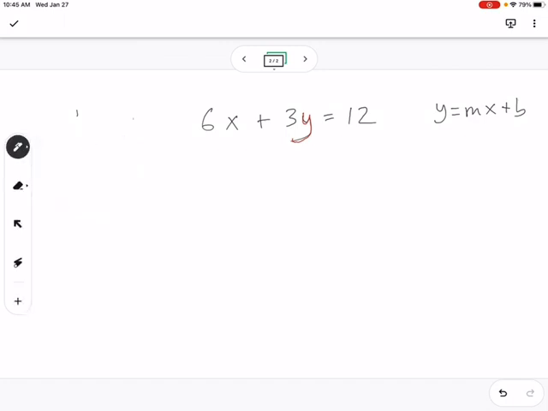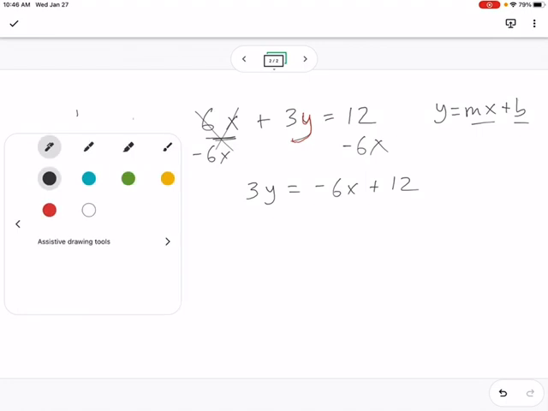So that's this one. We want to get rid of that, and the way we get rid of it is to subtract it from itself. And we do that to both sides of the equation. Now that makes this go away. Now we're left with 3y equals, and because I want it to be mx plus b, I'm going to just start by writing it in that order. The x term comes first, so negative 6x, and that's plus 12. Okay, so we're halfway there. We've gotten rid of the